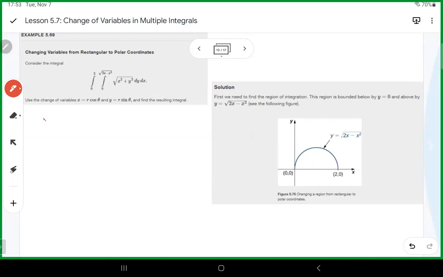So you would have x squared plus y squared minus 2x equal to 0, which is y squared plus (x minus 1) squared equal to 1. So in polar coordinates, the circle is r equals 2 cosine theta. So the region of integration in polar coordinates is bounded by